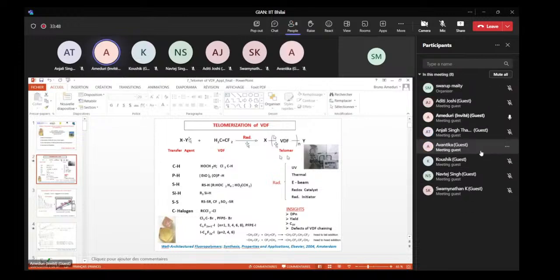This is very interesting because if you choose adequately the transfer agent, you can prepare what is called telechelic compounds or alpha-omega difunctional compounds. So this chain transfer agent behaves as a radical system in order to promote the oligomerization of